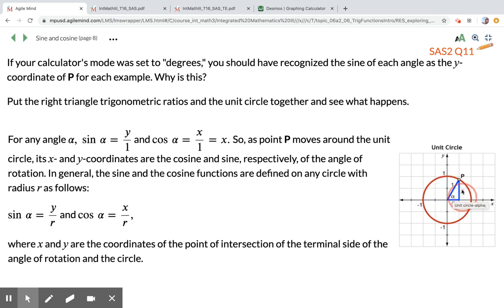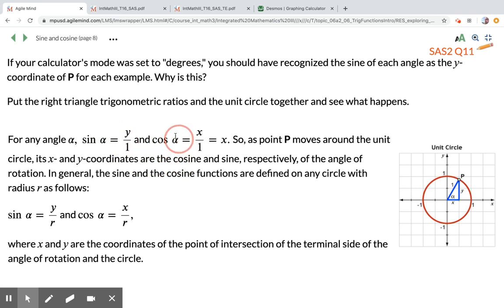And the opposite is always my y coordinate. So the sine of alpha is always going to be my y coordinate divided by 1, which is just y, which is why the sine of the angle kept giving me my y coordinate. That also means, though, by the way,